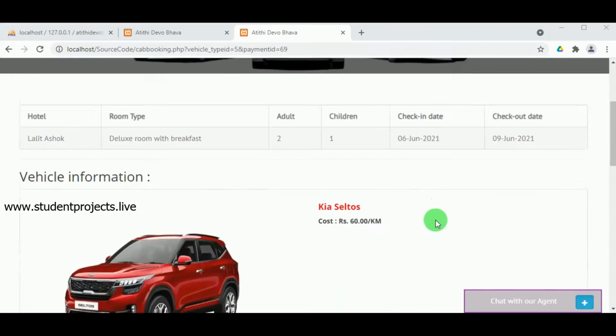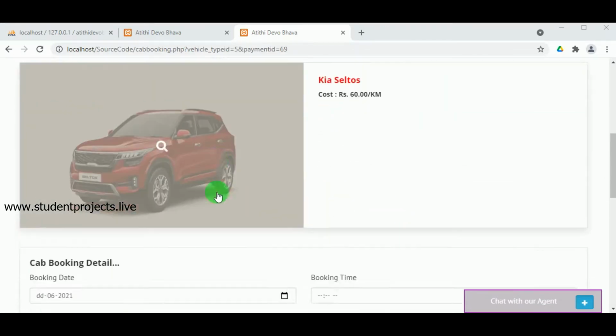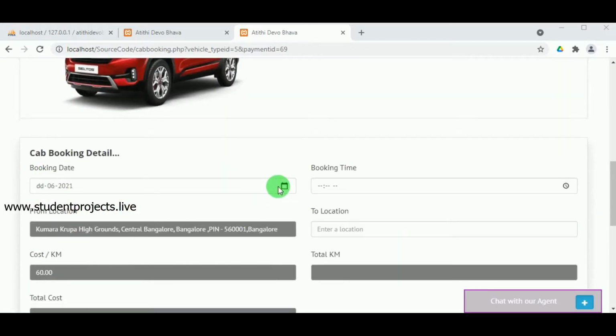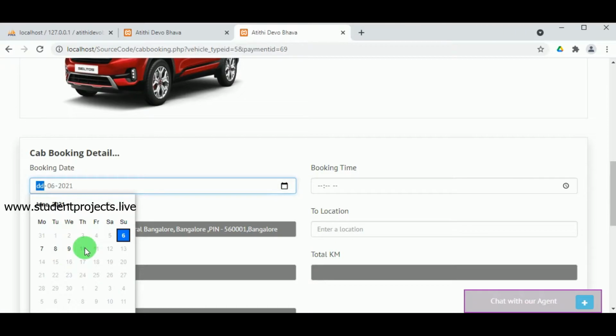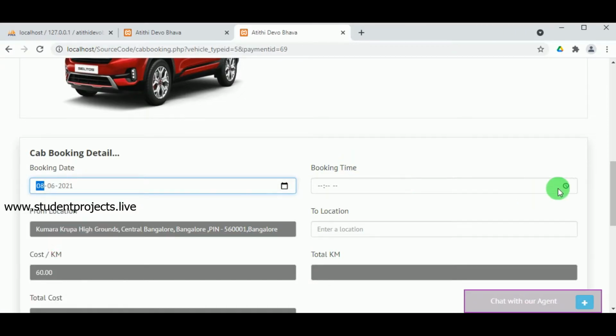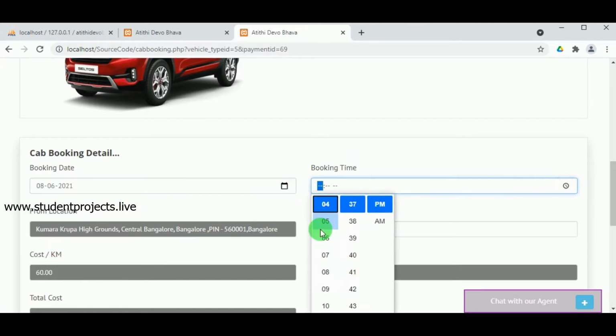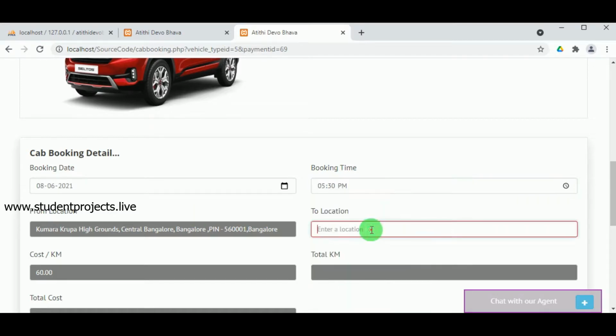where we can view the details of the customers and the car booking detail, where the booking date, that is on which date the customer needs the car and at what time, and from the hotel to which location the customer wants the car to be booked.